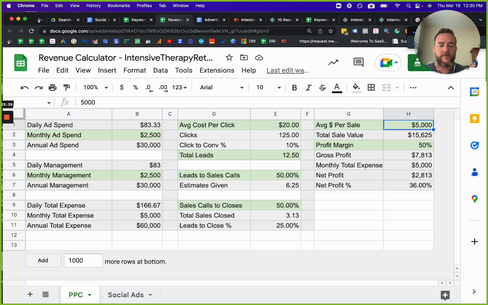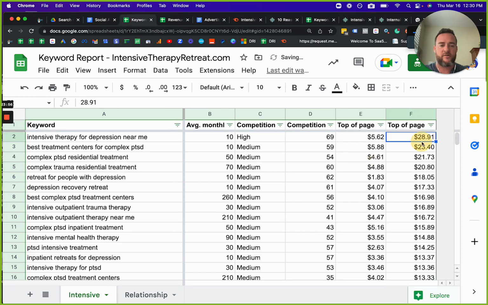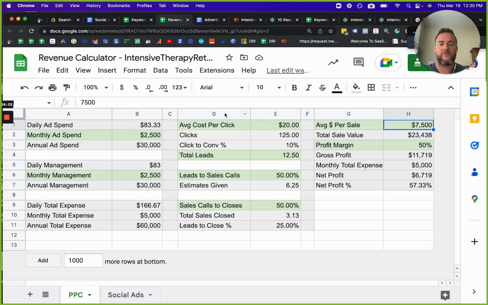So now, let's move this up to 7,500. One of the better, higher paying customers that comes in, which, by the way, if we're looking to focus our efforts on the people who are the most competitive and the most niche, if we just looked at this selection, your average is actually under 20, it's 18. So let's go ahead and move that to that exact number, 1840. You've already moved your net profit up again 4%, which is a small amount, but it depends on how you look at it, because if you start to add more budget, that 4% net profit, if you're spending a lot more than $2,500 a month, is very important.